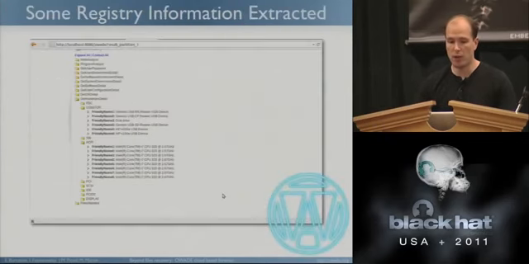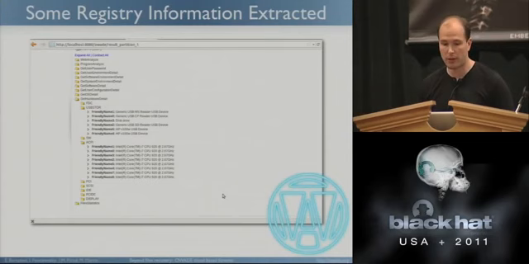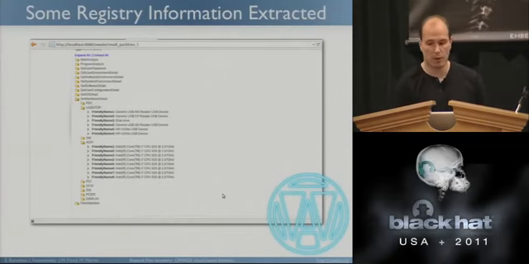If you look at how OWADE does that, it's actually going to display a bunch of information. For instance, here you can see that the disk from which we extracted the information is actually a Core i7, and you have the frequency of the processors, and we also have the ability to know every type of USB token and dongle you have ever plugged into the computer. So if you want to know if someone actually put a USB key on your computer, you can actually know that from the registry. So that's the registry information.